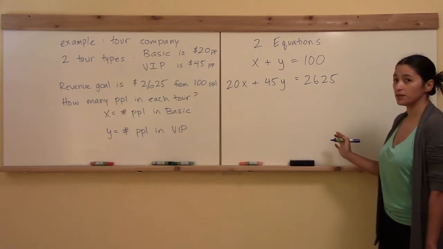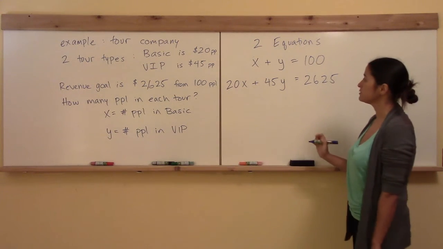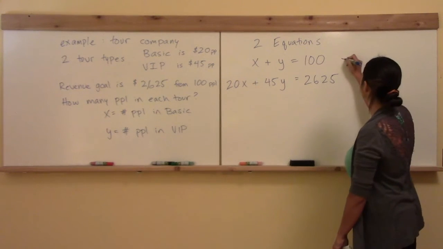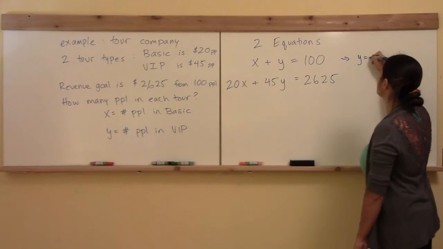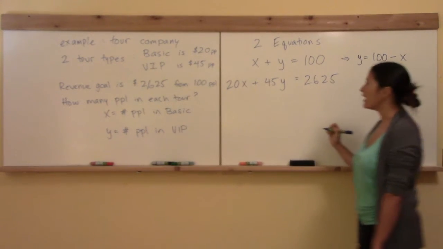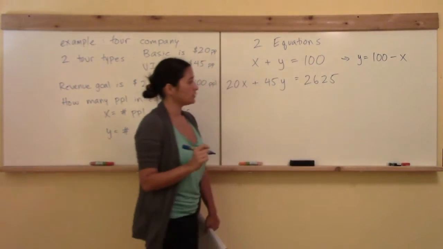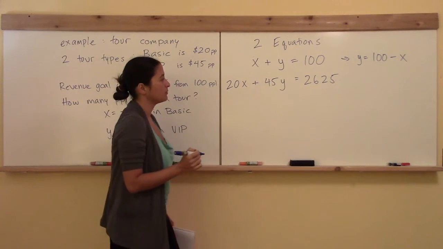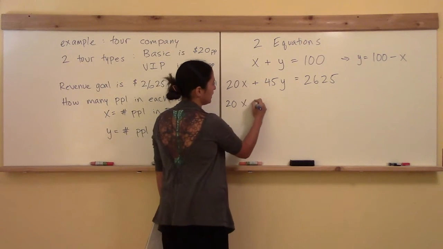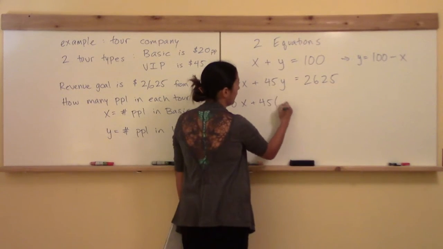You can use either one of the methods. You can use elimination, you can use substitution. It's totally up to you. But I'll just go through this one using substitution, where I will rewrite y in terms of x. So this first equation tells me that y is equal to 100 minus x. And then the second equation here is going to be 20x plus 45